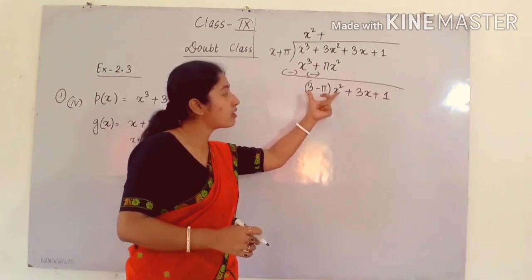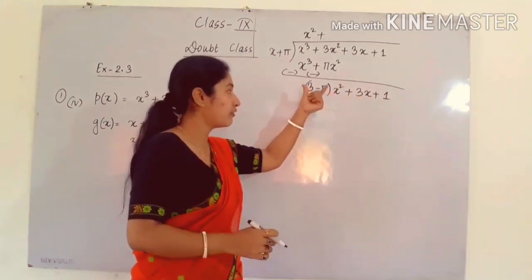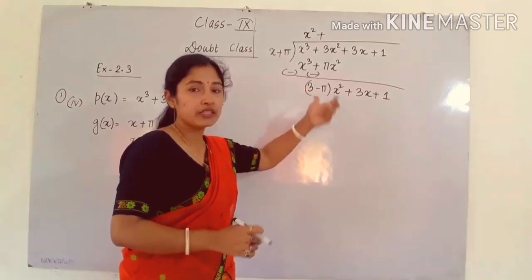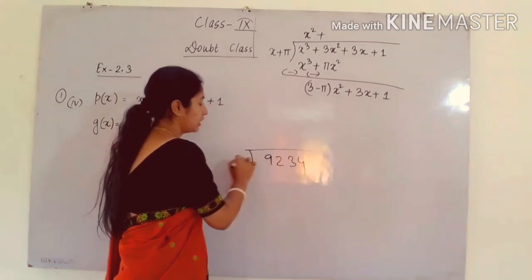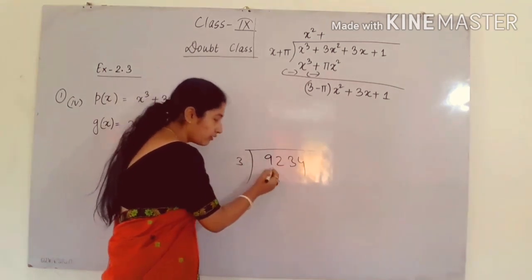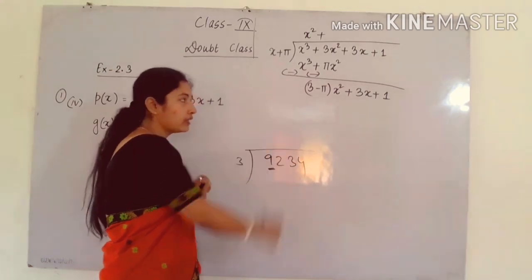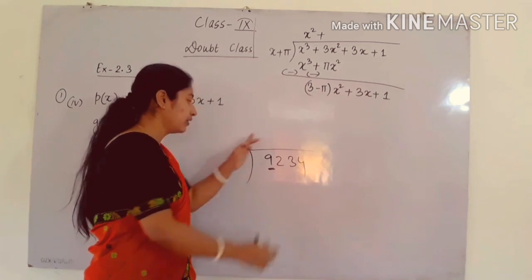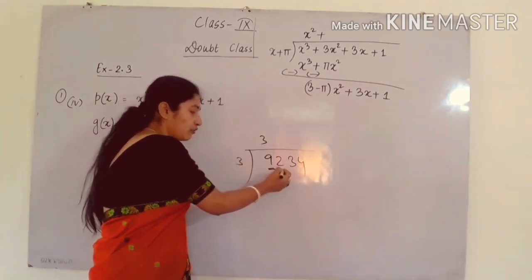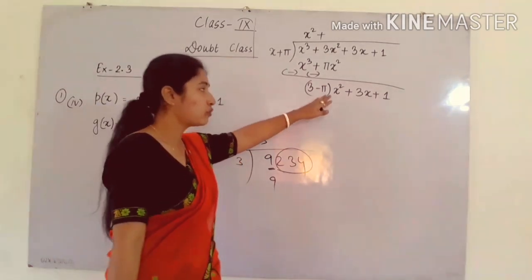So now I want this. Don't go into the rest, okay. You just have to check the first term. For example, when you divide 9234 by 3, what do we check? The first digit. We want the first, not the rest. Like that in this also. Here see, we have to multiply 3 with 3 to get 9. Now, we don't have to check the rest of the numbers. So here also, we have to check the first term.